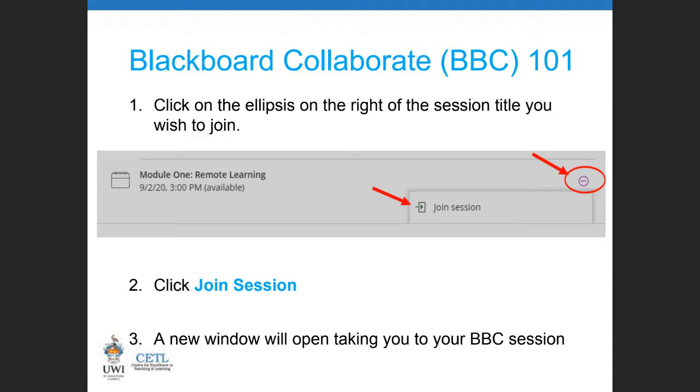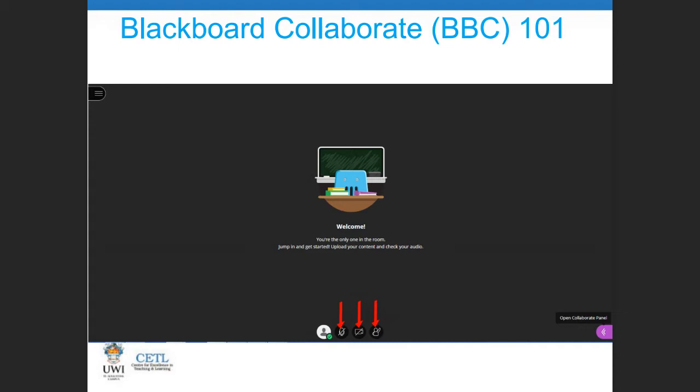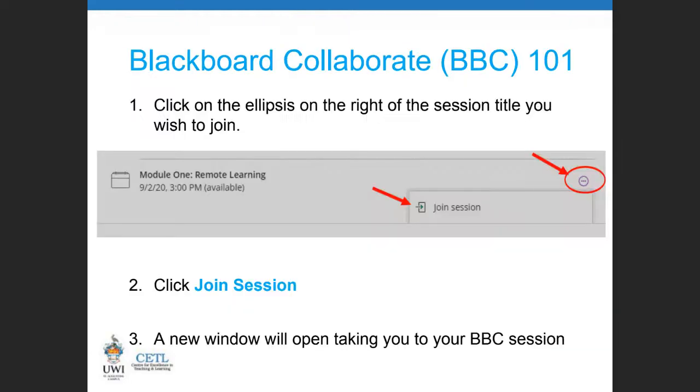Right where this arrow is here, and then you click join session. It'll pop up. Once you click that three-circle ellipsis, you will see join session. You click join session, and a new window will appear where it takes you to this. All right, and Calicia, this is just further verification of what I was saying before. It will take you to a new window